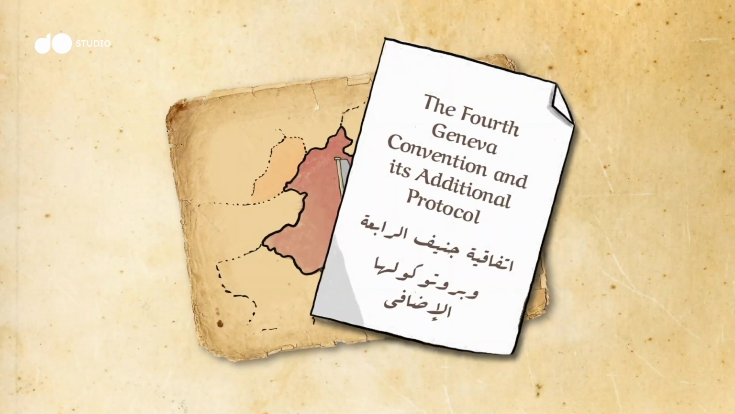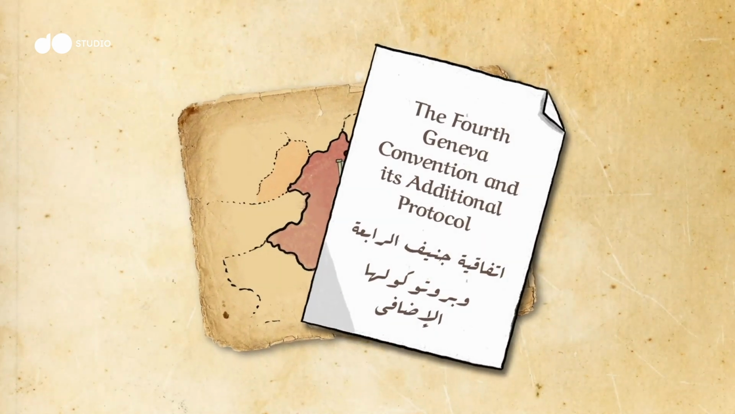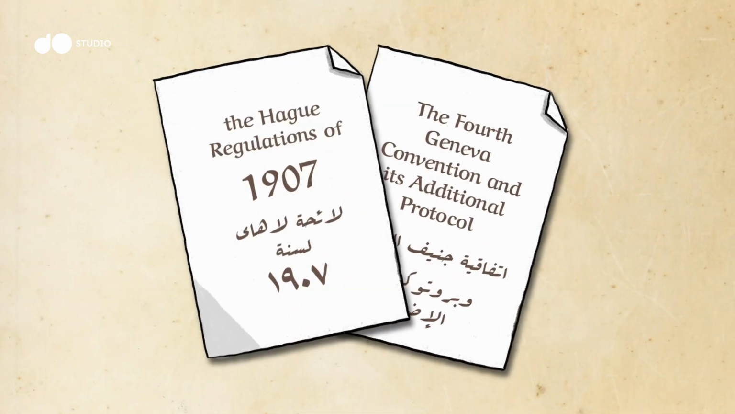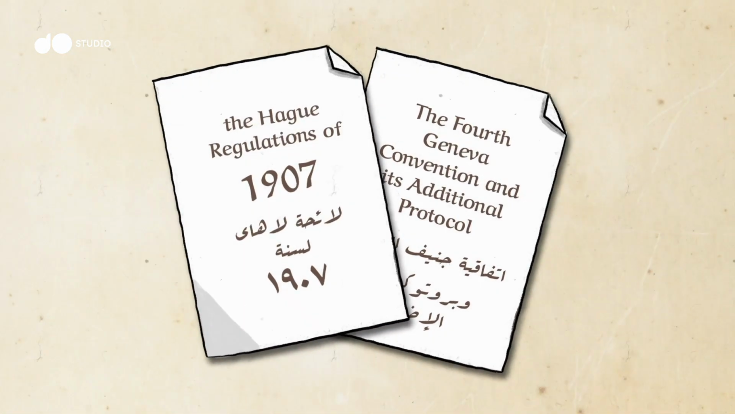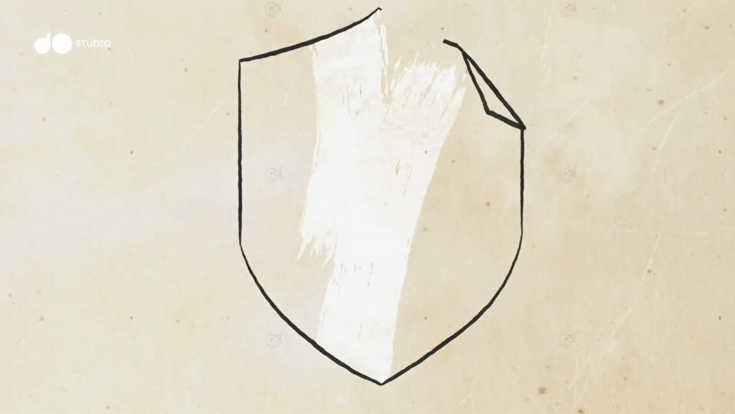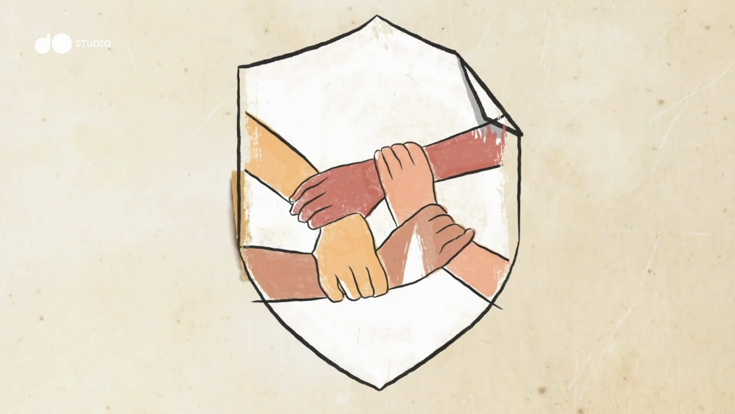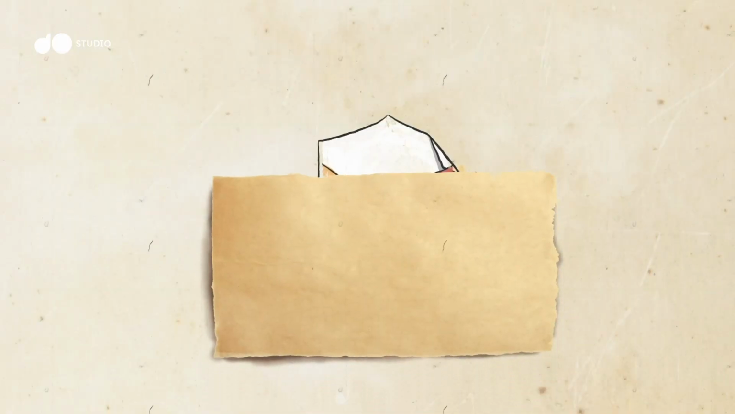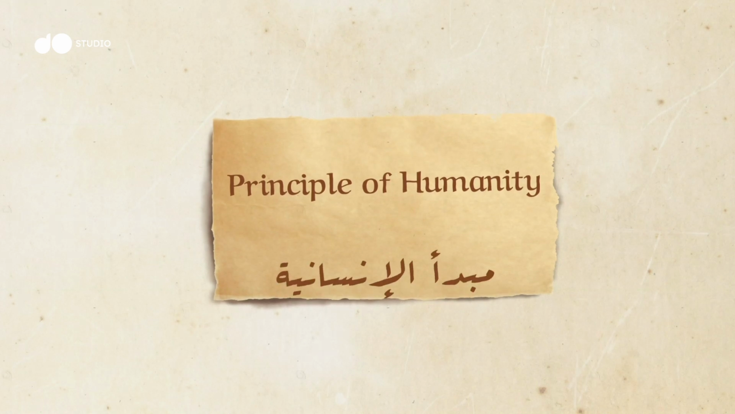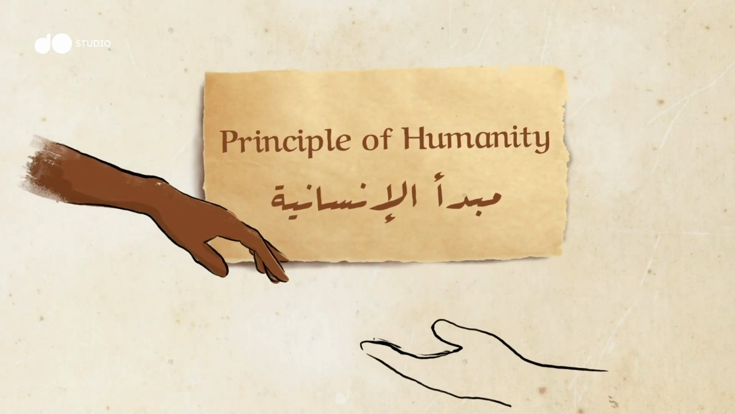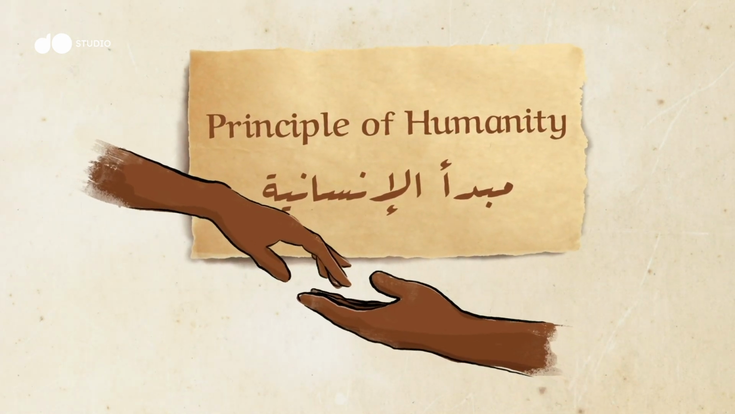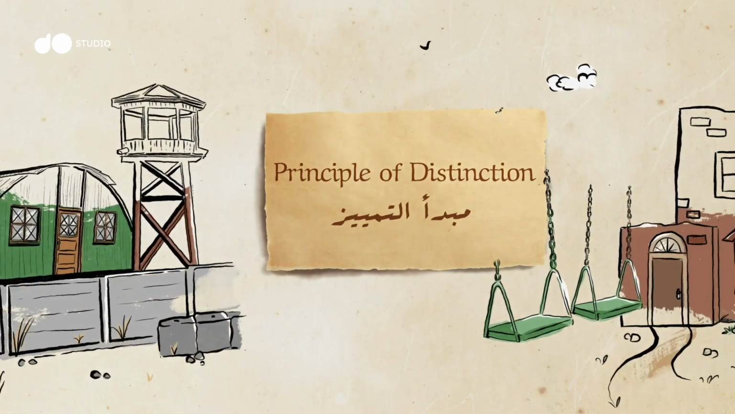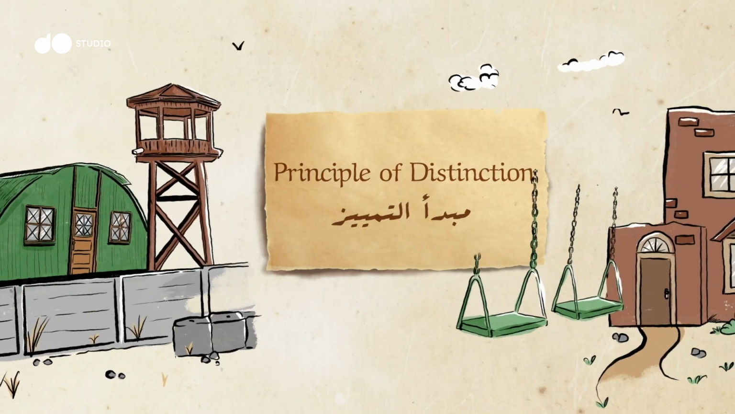The Fourth Geneva Convention of 1949 and its additional protocol of 1977, as well as the Hague Regulations of 1907, apply in cases of occupation. IHL also provides a set of fundamental principles for the protection of different categories of persons. The first principle is the principle of humanity, intended to humanize the conduct of war and restrict the means and methods used. The second principle is the principle of distinction, which means parties to a conflict must, at all times,